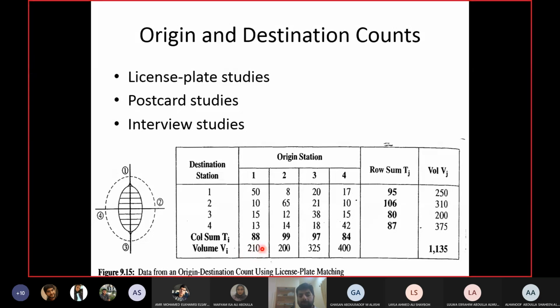Where did they go? Can I know from this value? No. When you are in the field, you don't know from where people are coming and going out. You can only count the number of vehicles, but you cannot know from where they are coming or where they are going. So in this case, since I was at the exit point of area 1, I assume that 210 people came out of area 1. Similarly, 200 people came out of area 2 and so on.